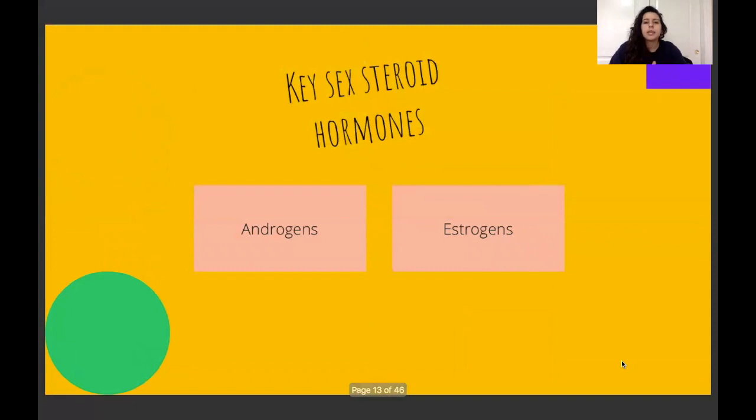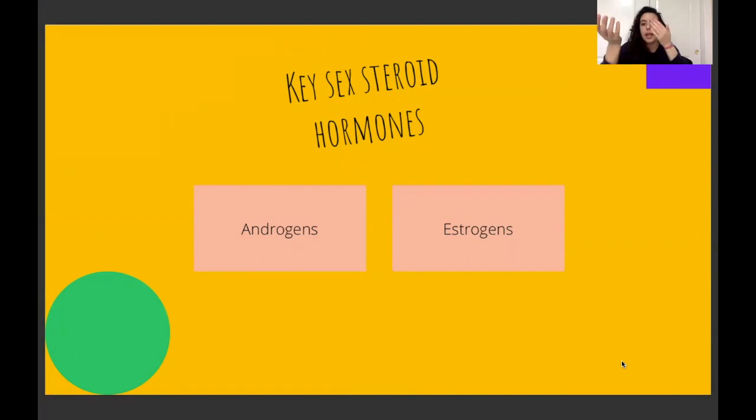Okay. Key sex steroid hormones. We have our androgens. Our androgens are a huge umbrella branch that include testosterone, DHT. I really shouldn't be saying all this because the whole point of this was supposed to be that you look it up by yourself. But anyways, huge umbrella branch. And then we have our estrogens. We also have different types of estrogens, but in general, estrogens are the umbrella. Maybe the umbrella branch is estradiol. Anyways, we have androgens and we have estrogens.